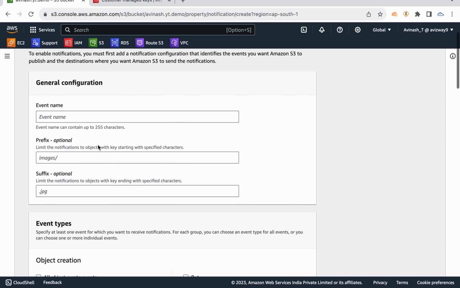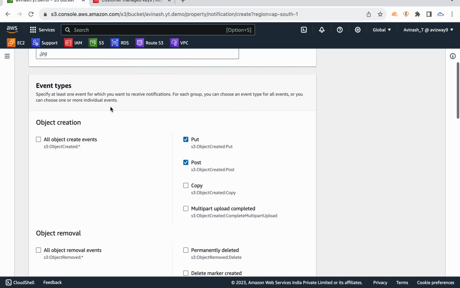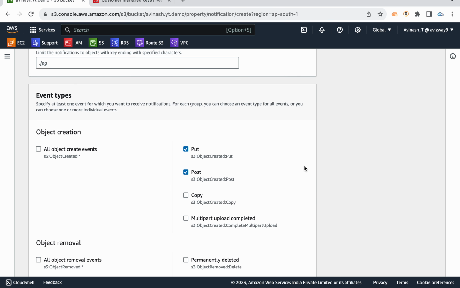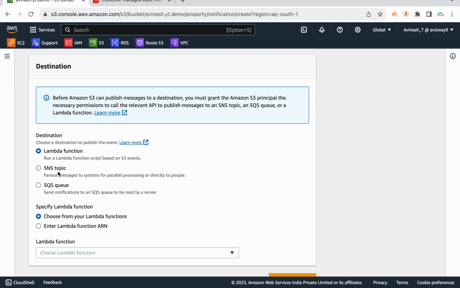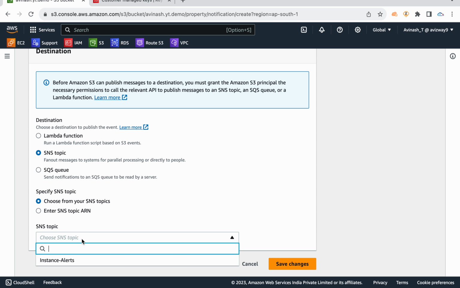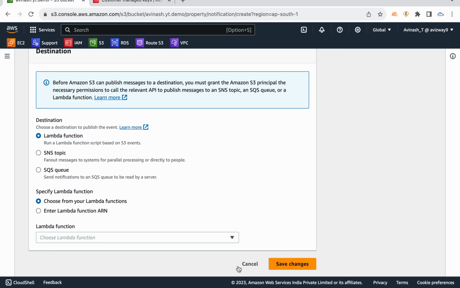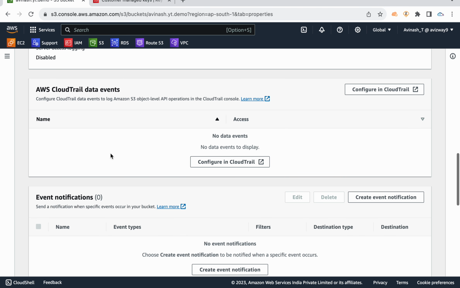In the S3 bucket, we have an event option. We can select the event, whenever there is a put object, that is nothing but upload, or post operation, copy operation, whatever operation is happening in this S3 bucket, we can automatically invoke a destination. We can invoke a Lambda function. We can send a notification to an SNS topic, right? So with the help of this events option, we can configure that.